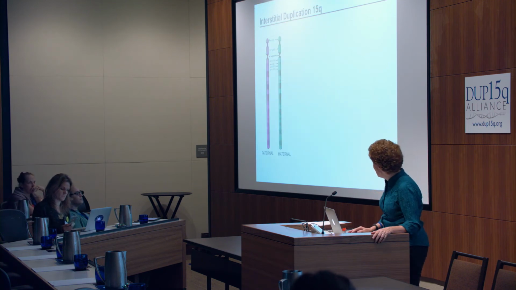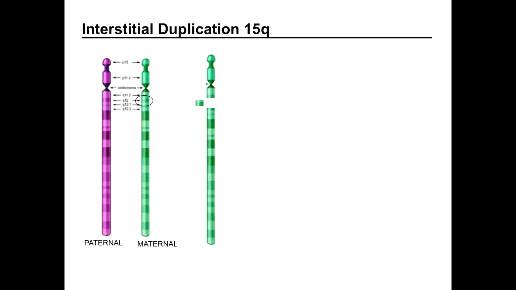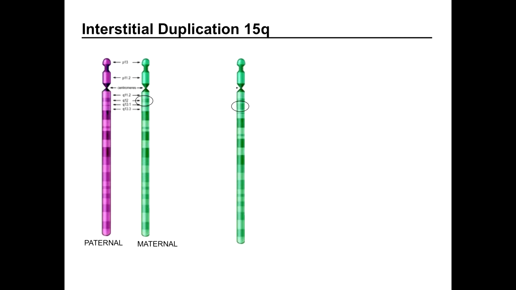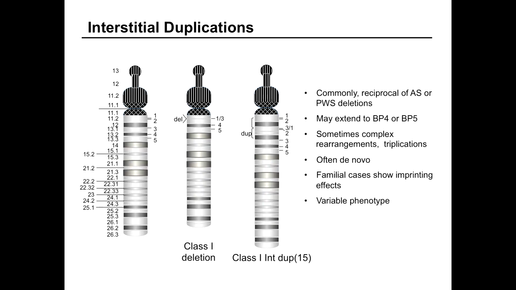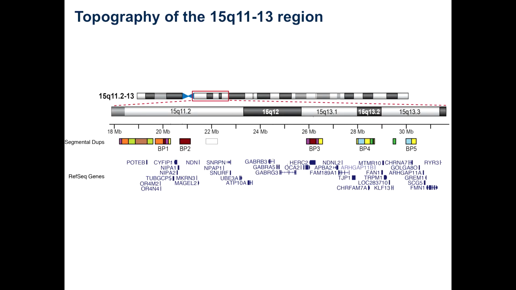So the interstitials, if you imagine that this is the region of interest with the Prader-Willi-Angelman critical region, and it's embedded into one of the existing 15s, and then so here's the maternal and paternal copies. And again, I won't go through these slides, but we're talking about this region that's involving the Prader-Willi-Angelman region. Even within the interstitials, you may have very large sections that extend from breakpoint 1 through breakpoint 5 even, and they're embedded within a chromosome. So it's not always just restricted to that region.